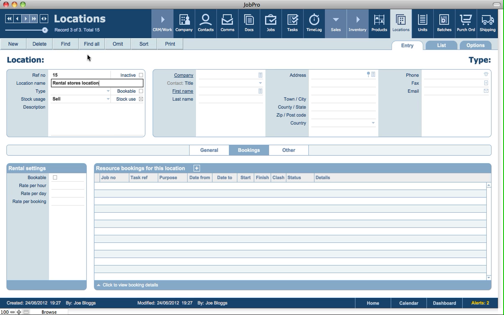And in here we'll say that the stock usage is for rent or loan use. Now that doesn't specifically mean that this item or this location is bookable like a room or a studio or something that you're going to rent out, but it's specifically for stocking items at this location that will be used for rental use. Now the value of this is that when you add products or items or assets to these locations, you can then, looking from the products module,